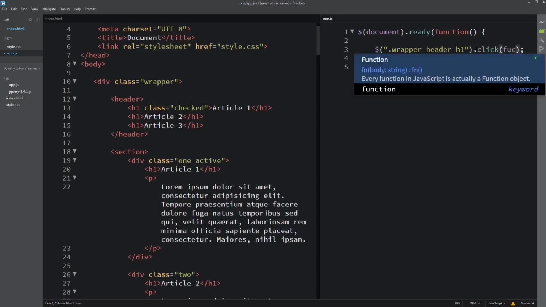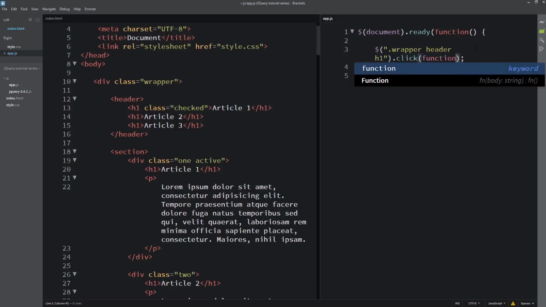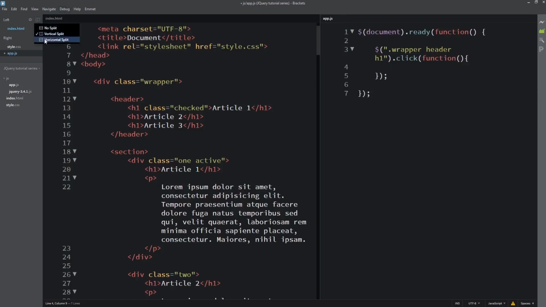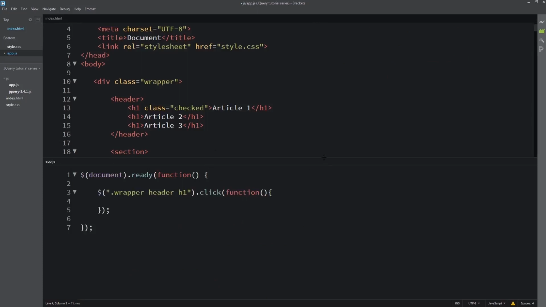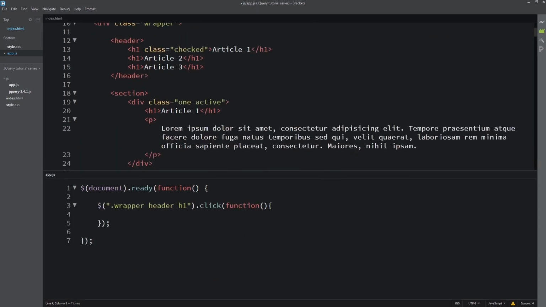I'll create my function. So create this function, and inside this function, alright.